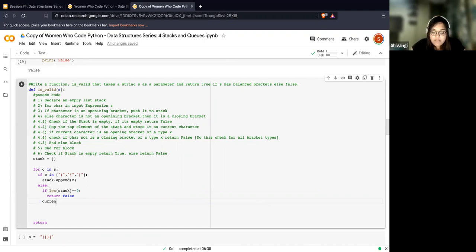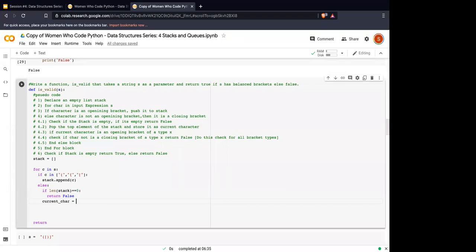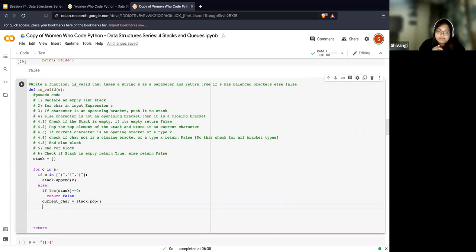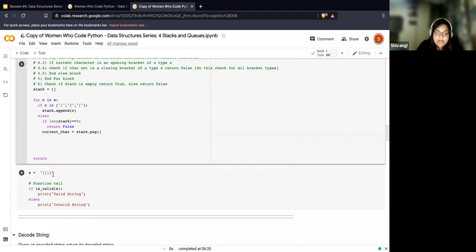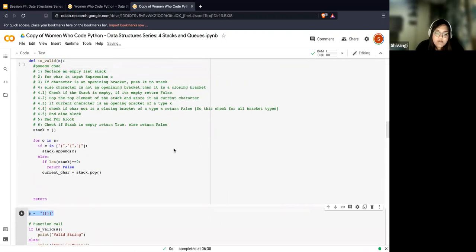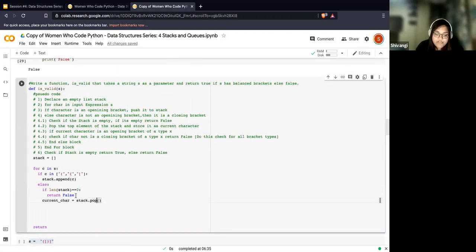So I'm going to declare a variable, say current, and let's call it current character for the readability of the code. And I'm just going to say stack. So what do you think is going to be there in the current character? This is your sample string. I'm just going to post it on chat so you have a reference. What do you think is going to be the current character just for the first iteration?